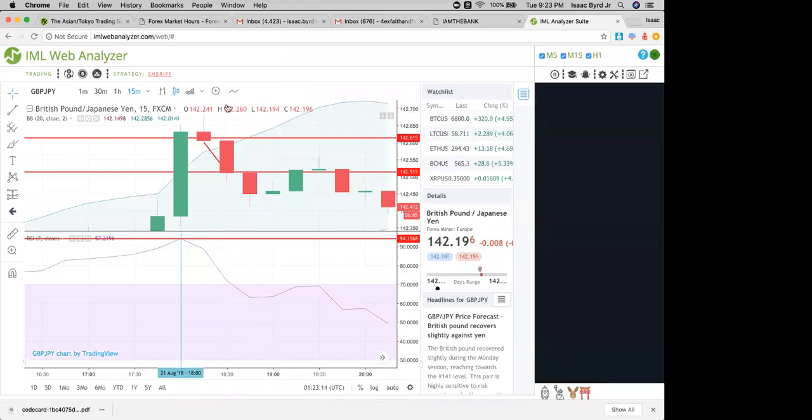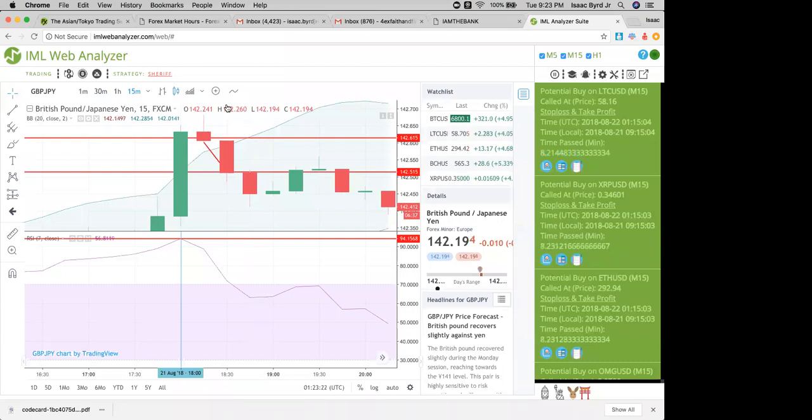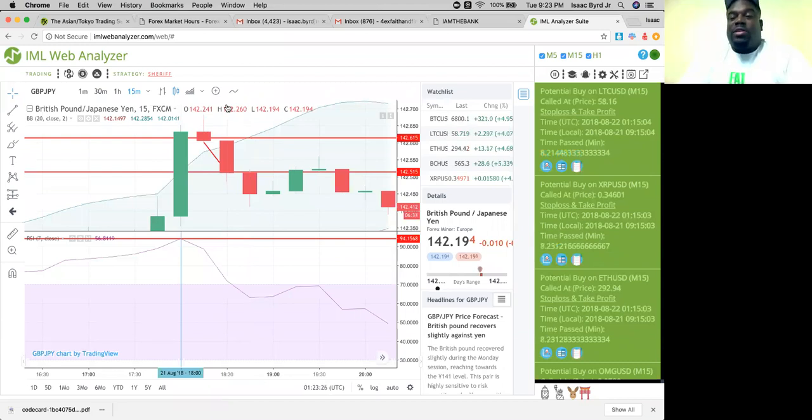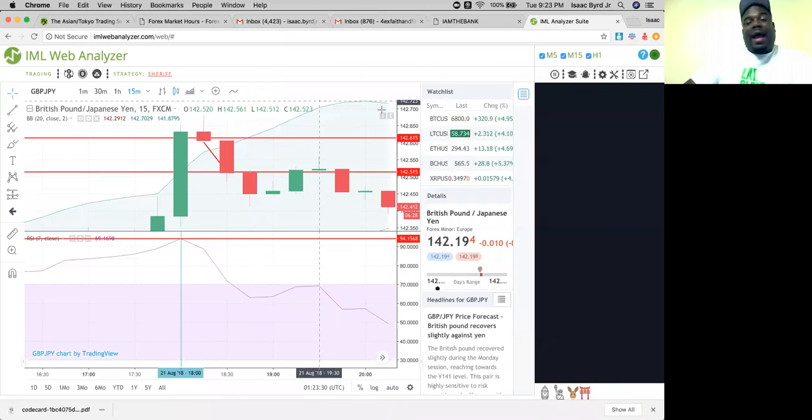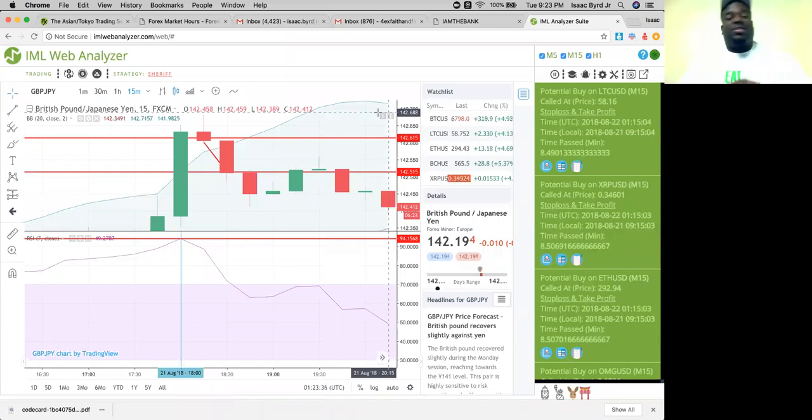Basically, the best way to put it, and there's no nice way to put it, whatever you're willing to lose on a trade, that's truly what risk is. Whatever you're willing to lose on a trade, you set that mark, however high or low it is. And you do want a certain parameter. I suggest no less than 10 pips, because you will get blown out of a trade very easily.